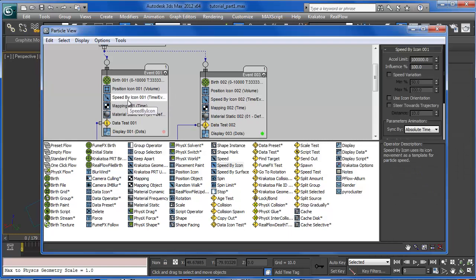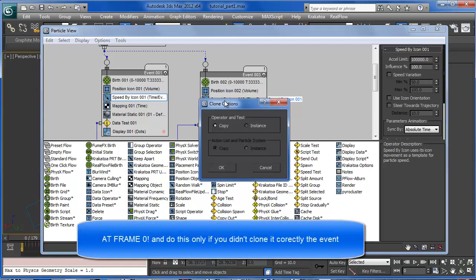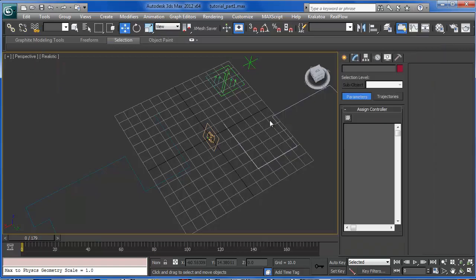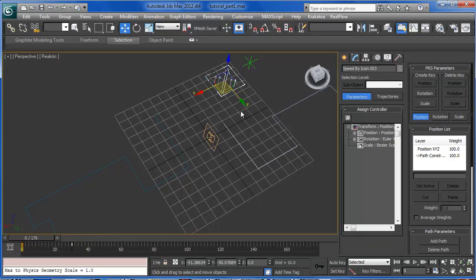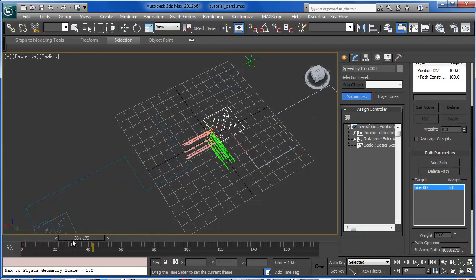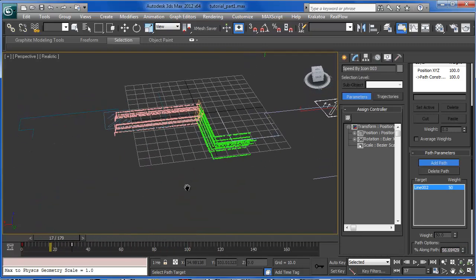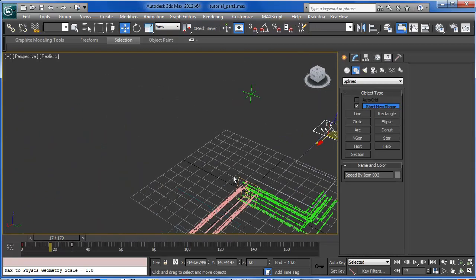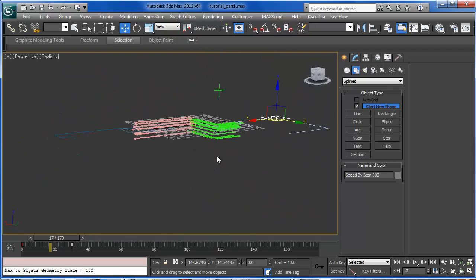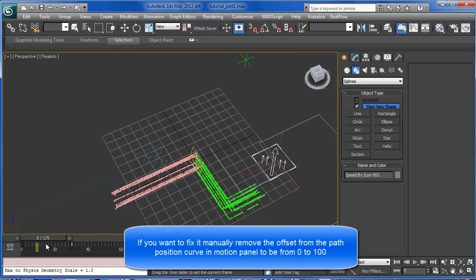In order to fix that, we're gonna make a duplicate of speed by icon of the first event by holding shift again and dragging it over the second one like so, and set copy, yes. And now we'll select the new duplicated speed by icon, the green one, the third, so speed by icon 3, and we'll do the same, delete path and add path. So now we can see the correct animation. Okay, so the more mistakes you'll see from my part, the fewer mistakes you'll make, so you'll know how to fix it. Anyway,